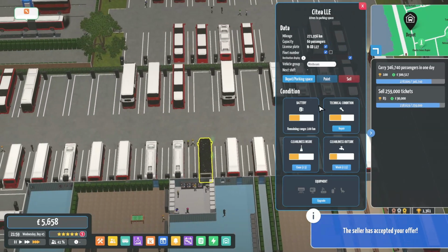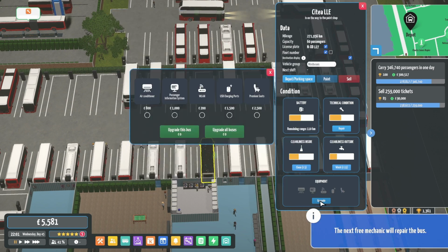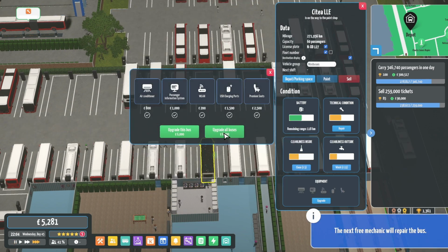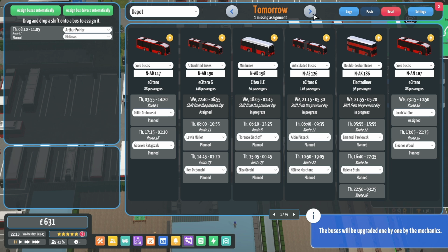Okay. Paint. Repair. Can we afford all the upgrades? No. No, we can't. Yes, we can now. Right, and now what we're going to do is tomorrow,